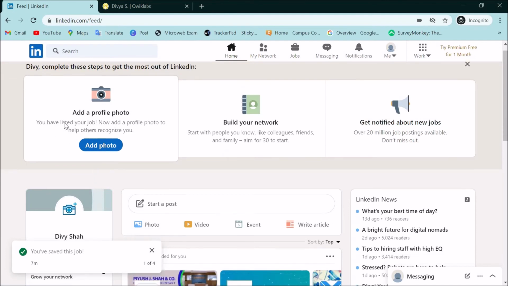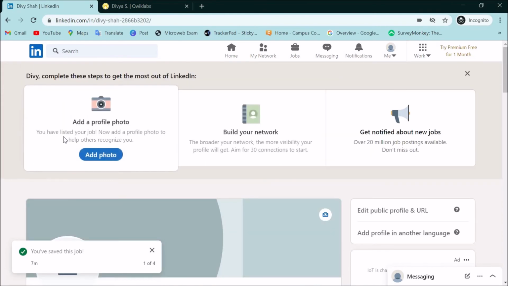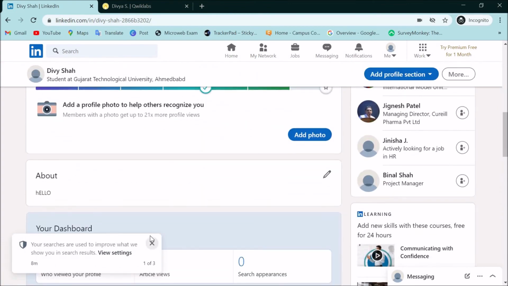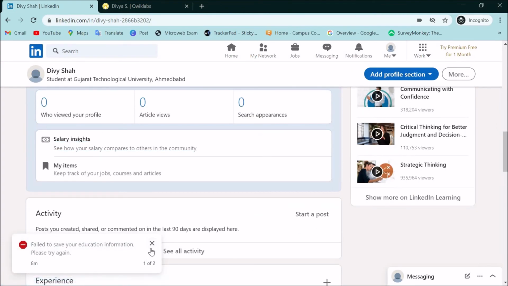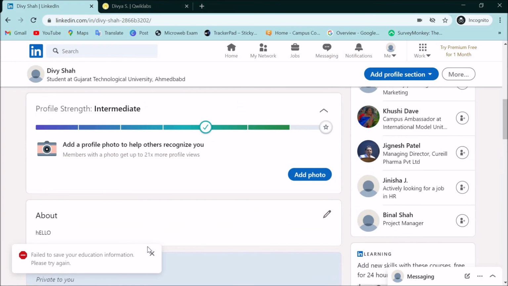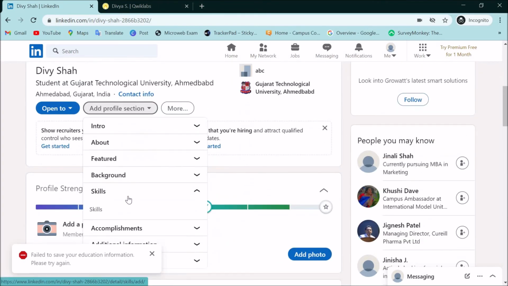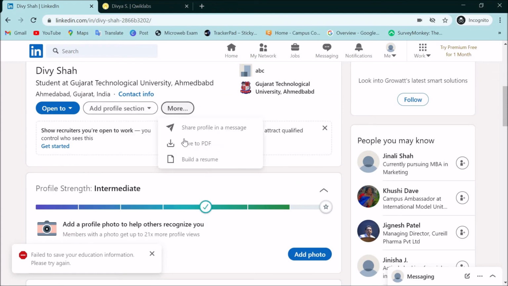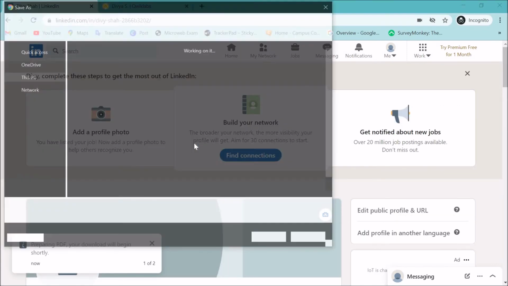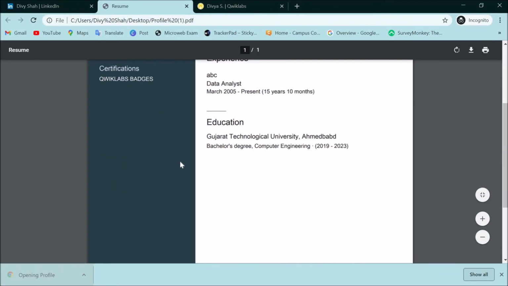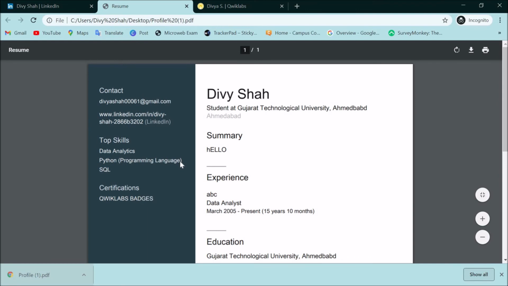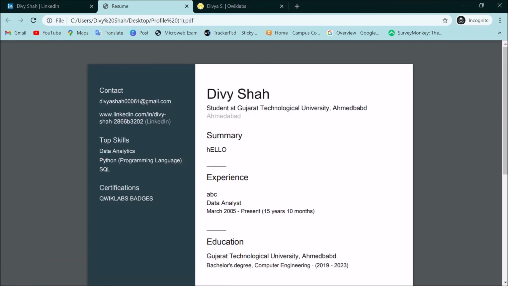They simply click and view your whole portfolio in one click, through your profile and what you have done. And from here you can download your profile, your portfolio, your resume, whatever you want to call it.